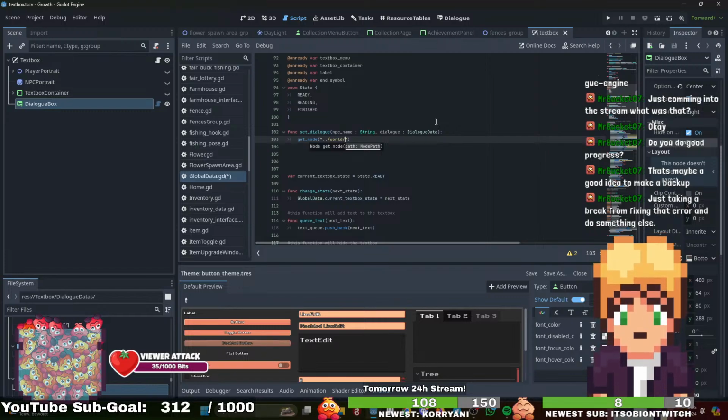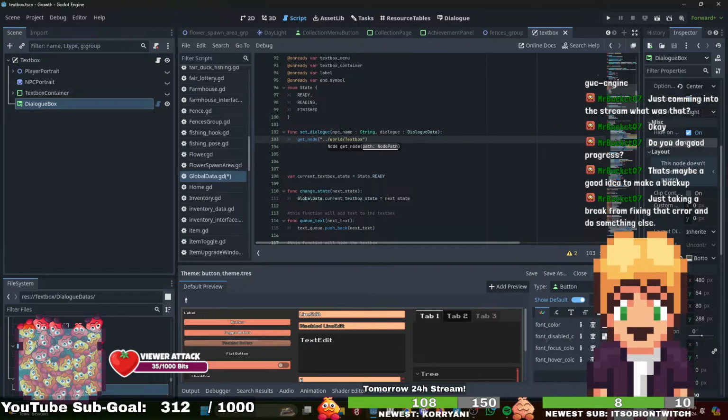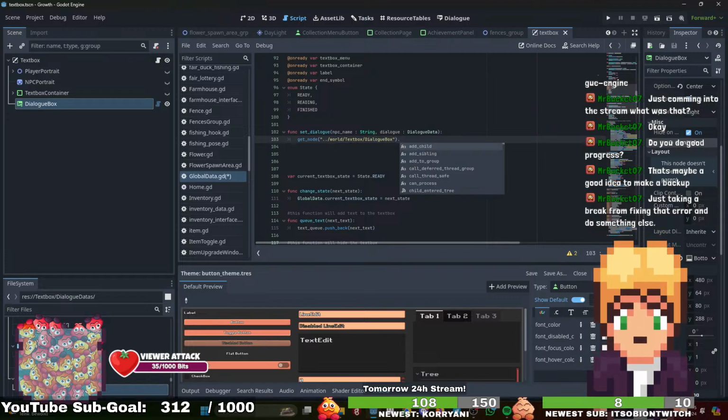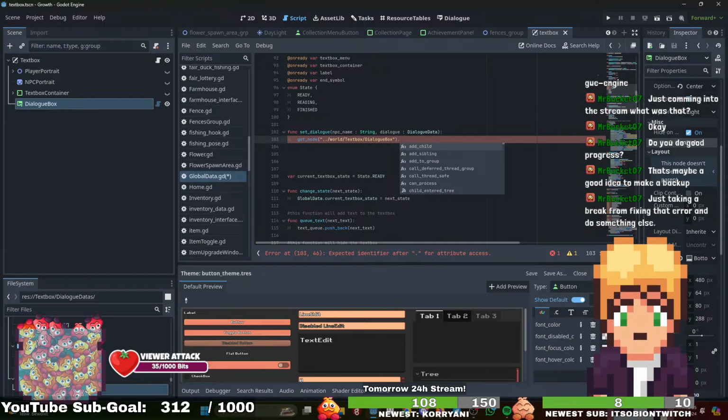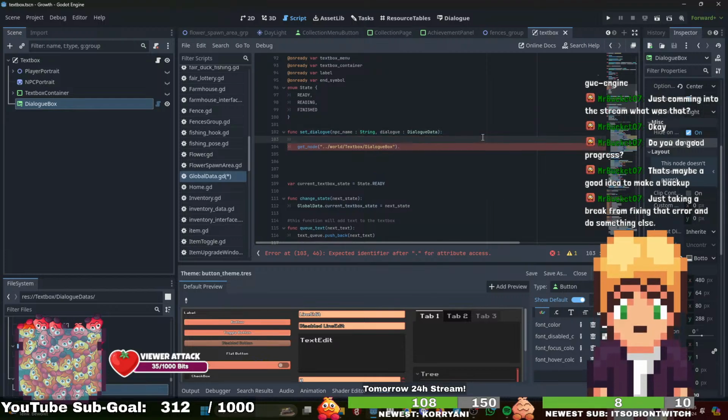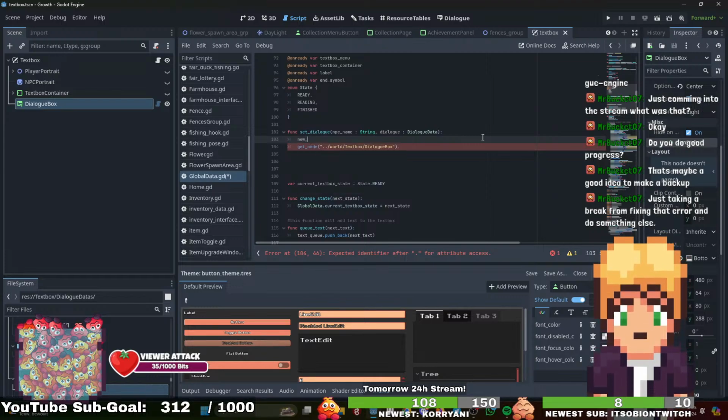And from world we need to go to text box, and then we are here. And then we go to dialog box. Firstly, what we want to do is a new variable, new dialog. Equals